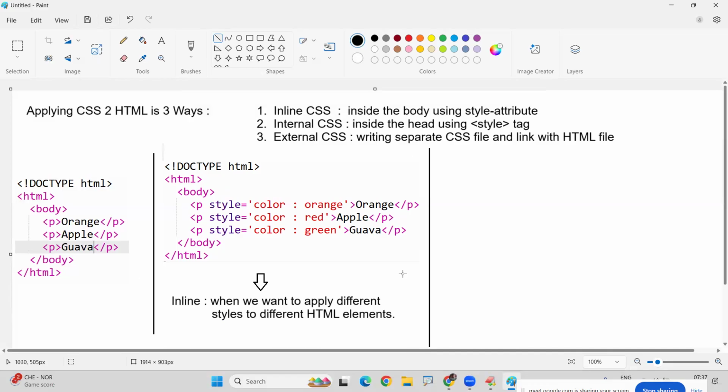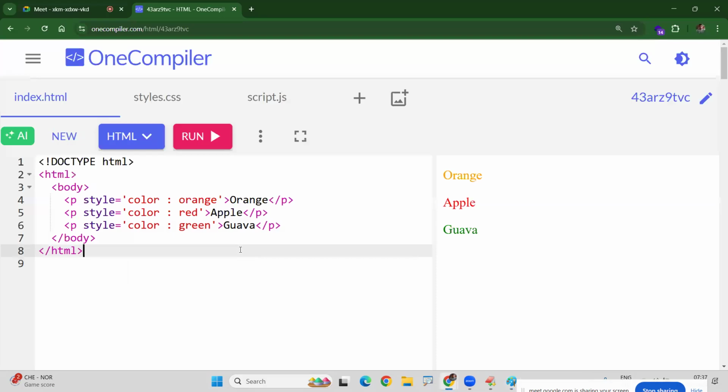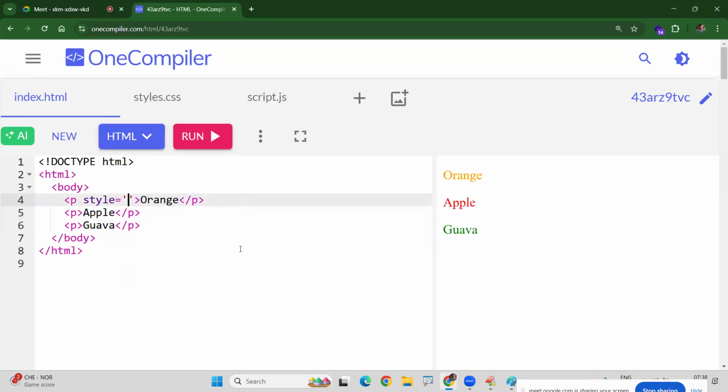First paragraph color is orange, second paragraph color is red, third paragraph color is green. These are separate styles. For every element, there is a separate style. So you can apply using the style attribute within that HTML element only. Sir, here actually three paragraphs are there. For all the three paragraphs,